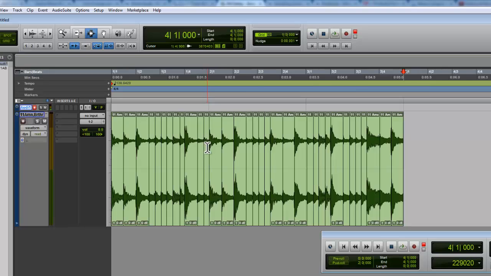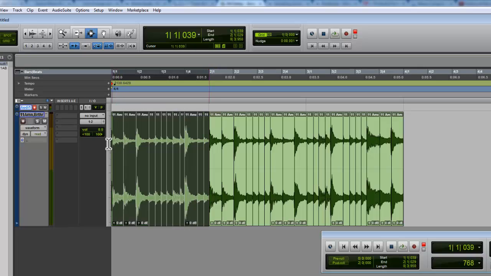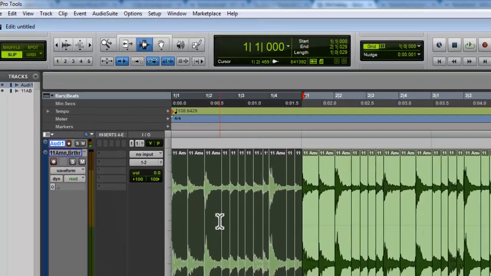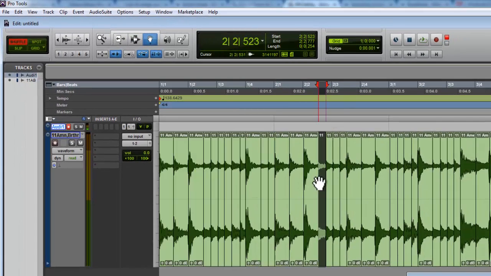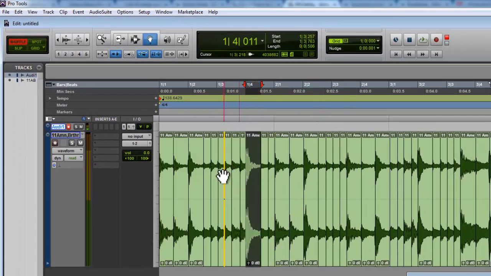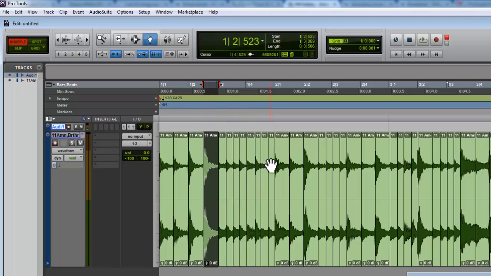All right. Now, I'm going to want to shuffle these slices around to create my own groove. Okay, to do this, I want to be in shuffle mode. What shuffle mode does is it acts like we're shuffling cards. So with my grabber tool, I can just click a slice and it'll shuffle it in between all of these slices. So now my loop sounds,